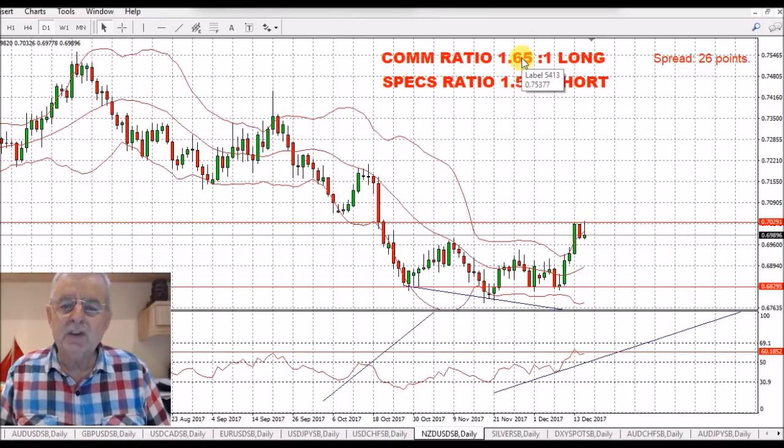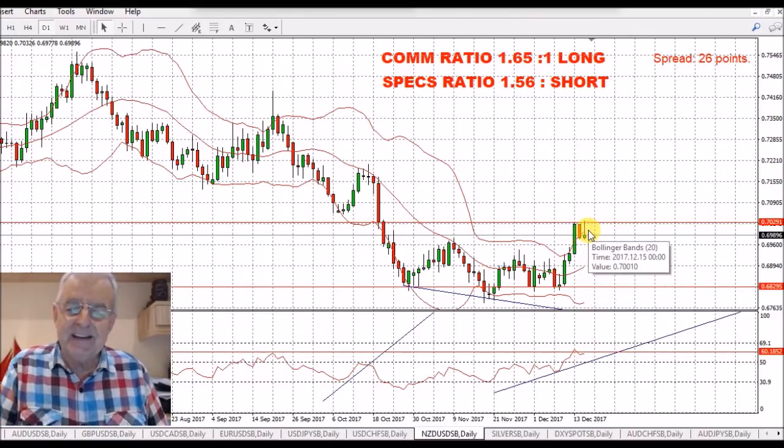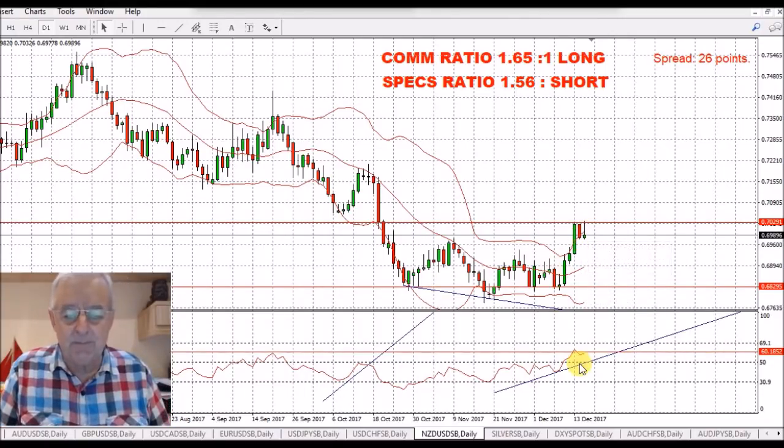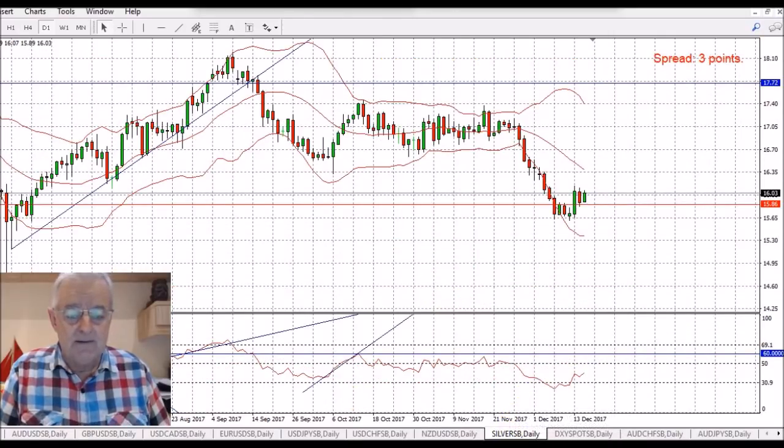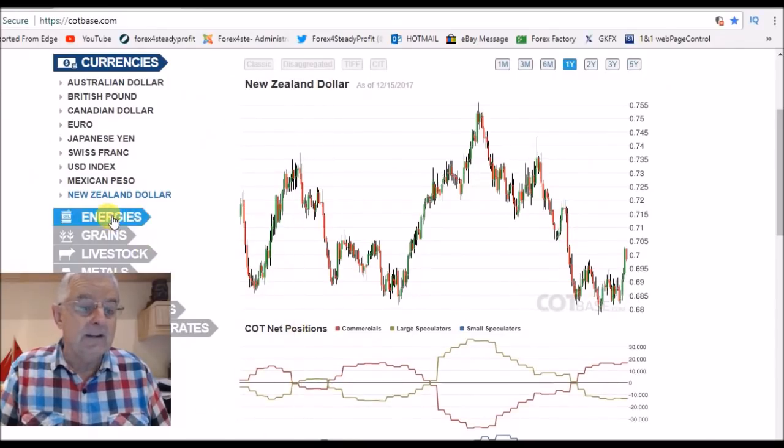We have actually reduced our long ratio. So I'm looking for it to go up. If it doesn't, it doesn't. But we'll see where that goes. I'm out of it at the moment, and the same with silver. So let's just